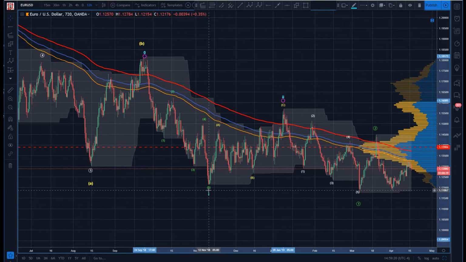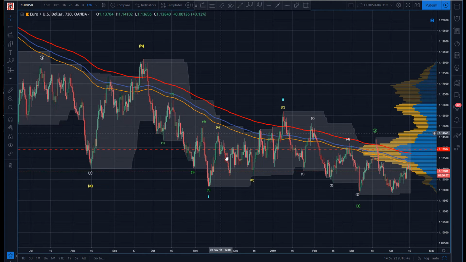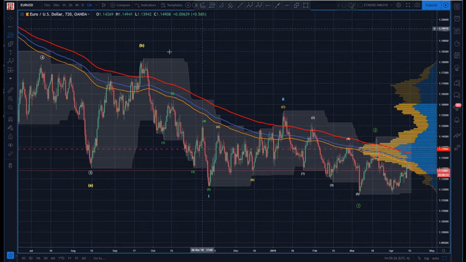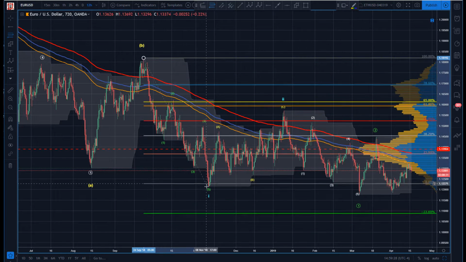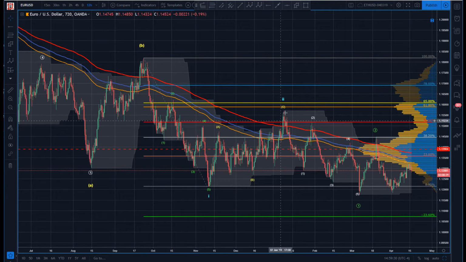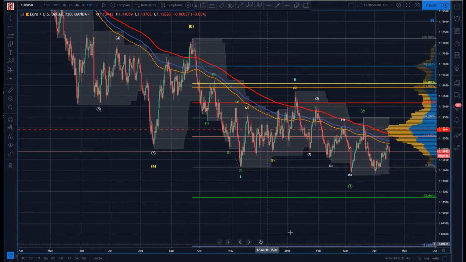So we get a 1, 2, 3, 4, 5. There's the 1. Now here, A looks like A, B, C into my 2. So from that pivot, this is the start of the 1. All right, so where are we looking for the 2? Anywhere between the 50 and the 618. So a candidate here, a candidate for the 2 off of the ABC structure. So if that's my 2,